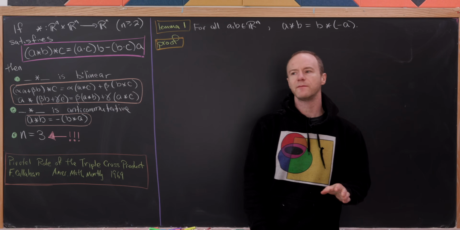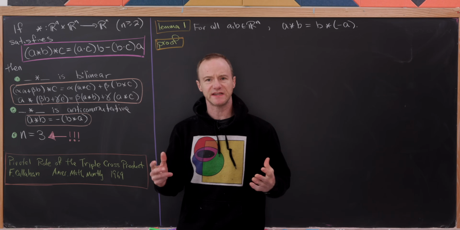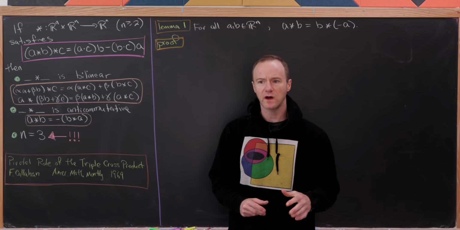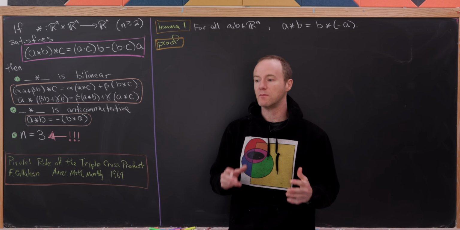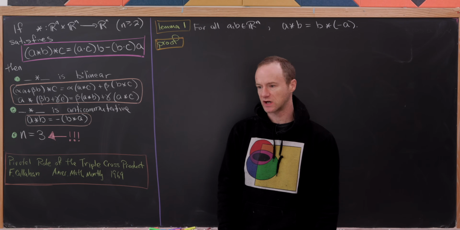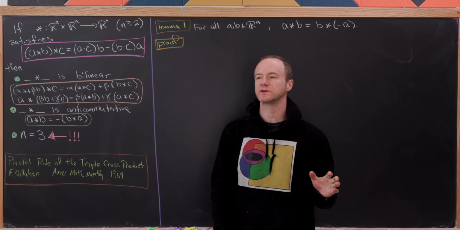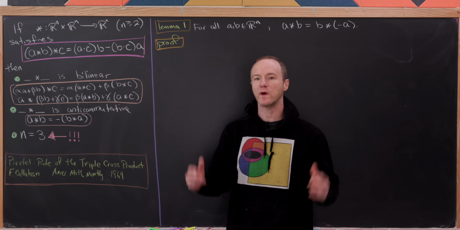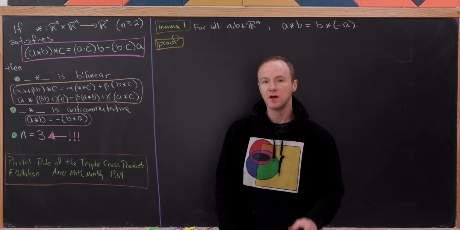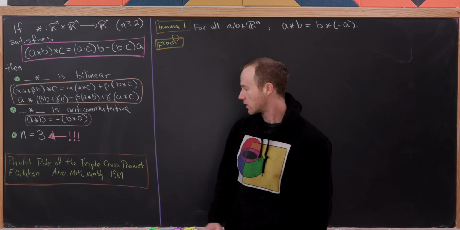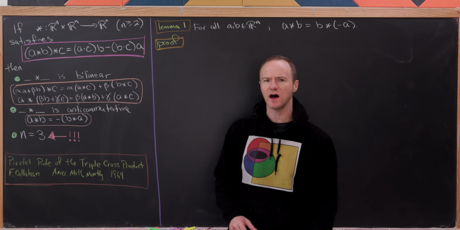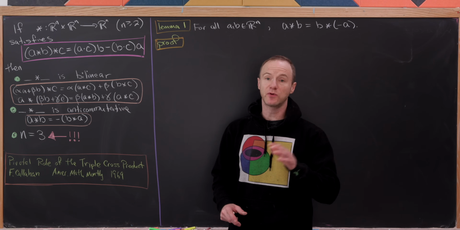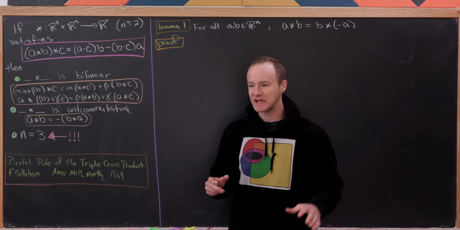So recently I made a video about the dimensions in which the cross product exists. And well, today I'd like to look at a more restricted version of the cross product. Well, in some ways more restricted, but in some ways we're taking away some of the assumptions. Okay, so let's see what we have here. Oh yeah, and by the way, this is about the role of the triple cross product identity in the definition